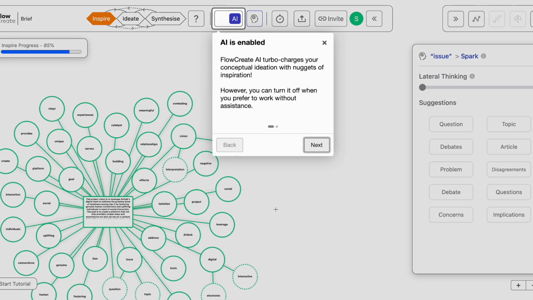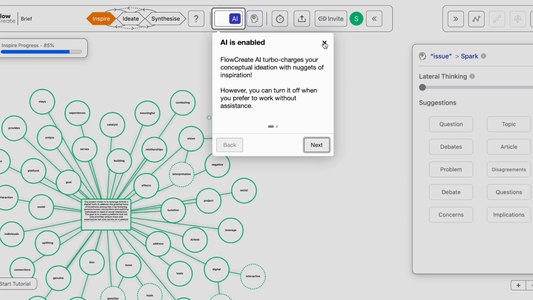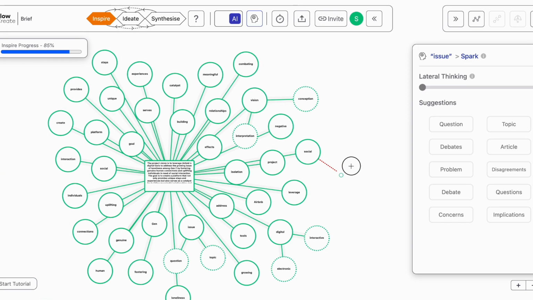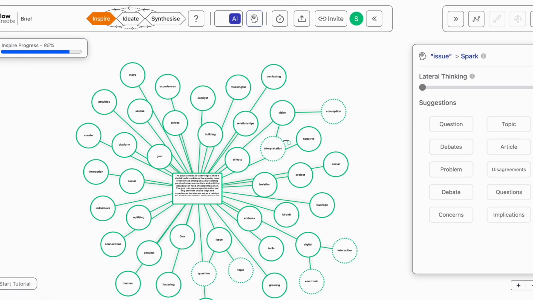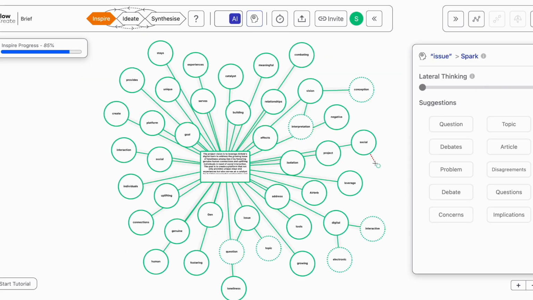And as soon as it's done that, as our AI is enabled, it helps us do the initial brainstorming by picking out the key terms and utilizing these as springboards for us to explore our associations around a particular topic and our memories, and to challenge these and see if there's anything that we're missing and look at things from different perspectives. So for example, we've got here in our association map for the concept of issue,